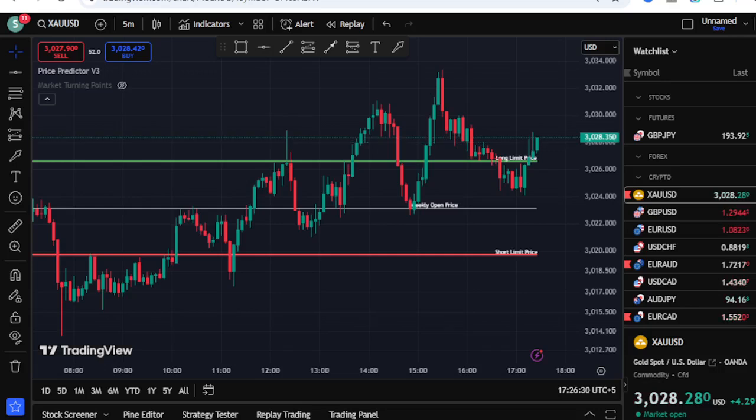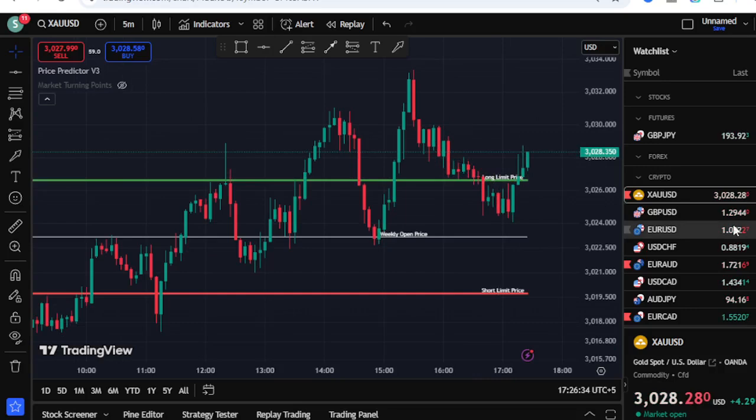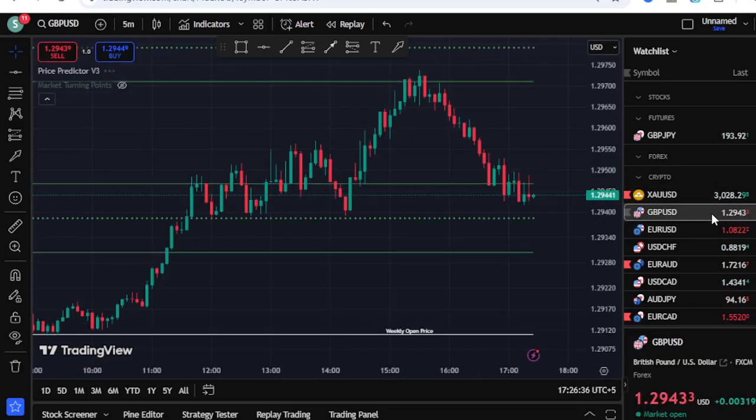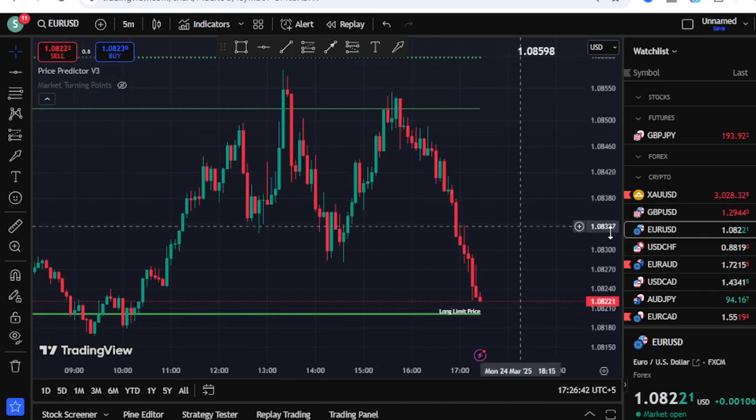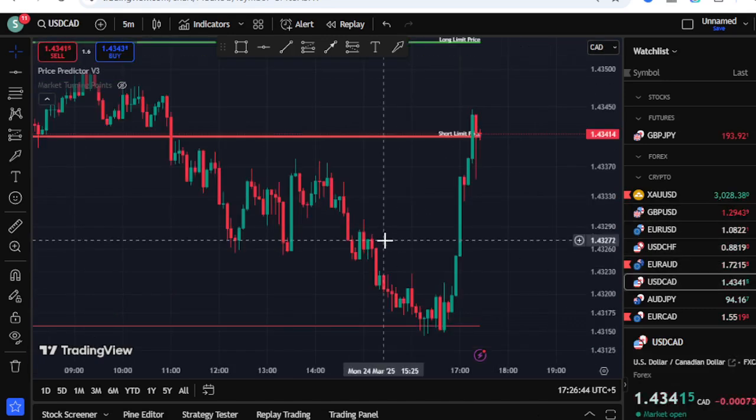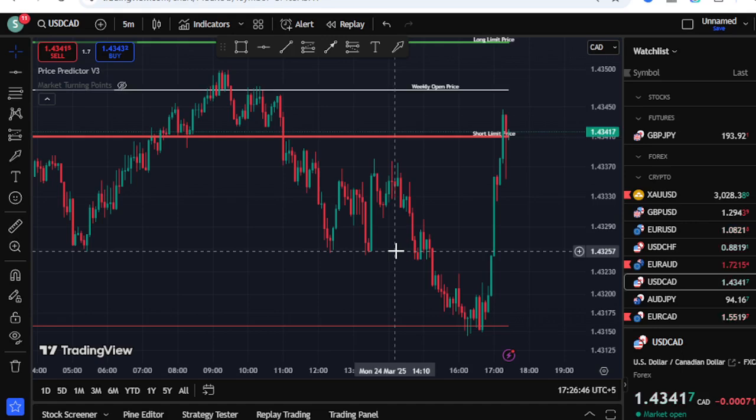In this video, I'm going to show you the secret TradingView indicator that is based on price action, and it will tell you about the price's next moves in the market. This indicator is very strong and these lines are very perfect. I will explain how you can trade this indicator.